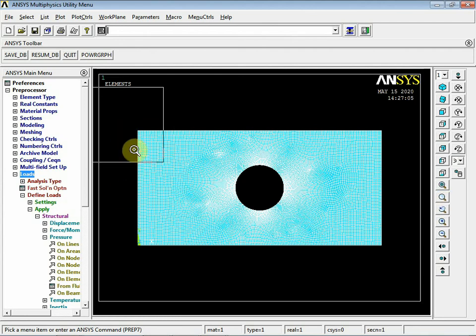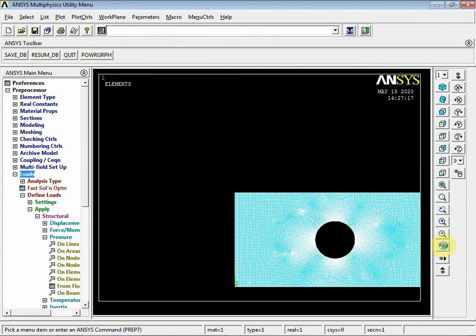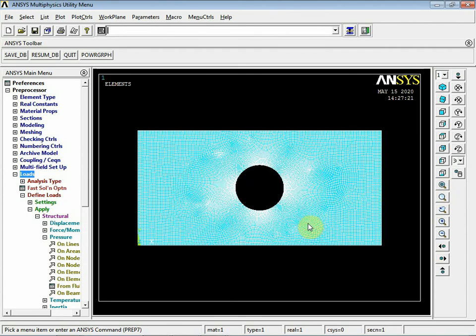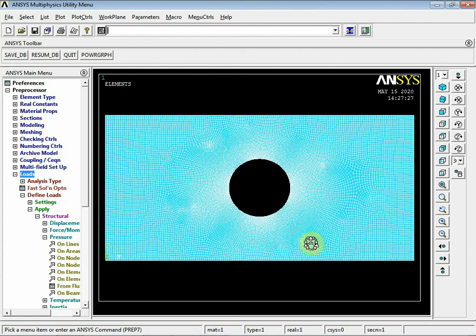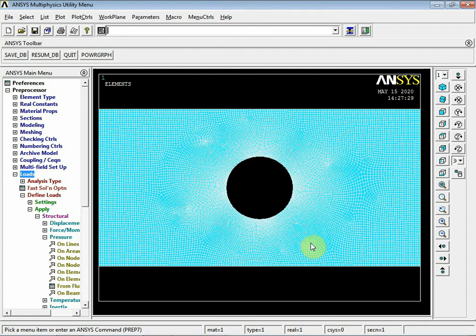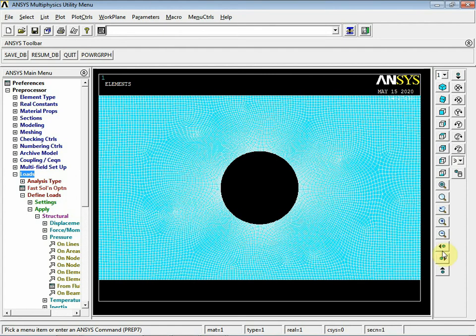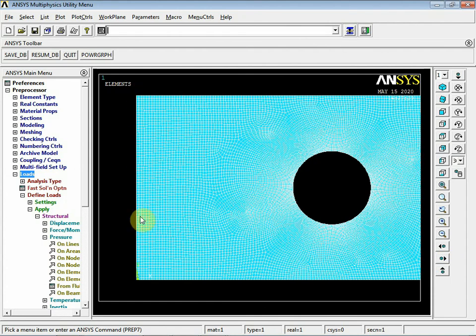You need to move it like this using this option. Roll the mouse while pressing the control button to zoom. Later you can use this option to move left and right. Now it is easier to select the nodes. If you want, again press control and roll the mouse.